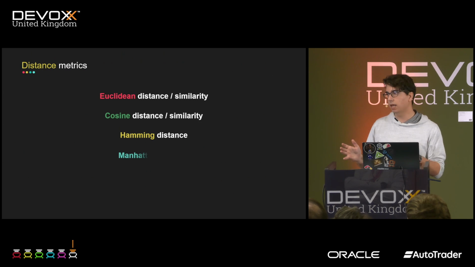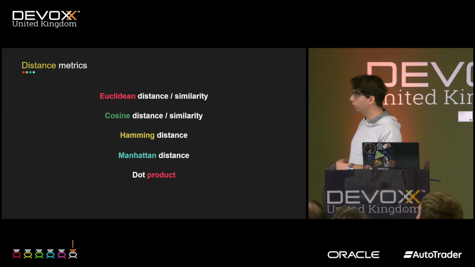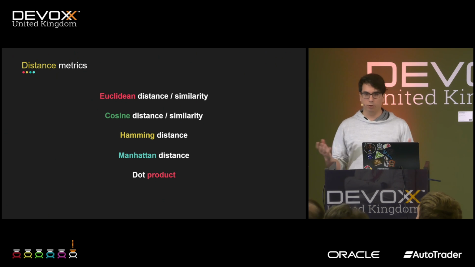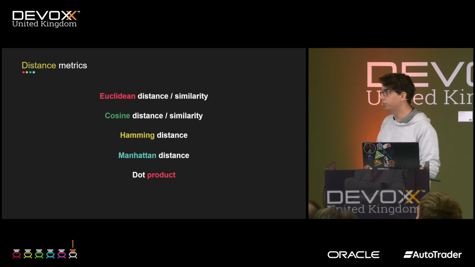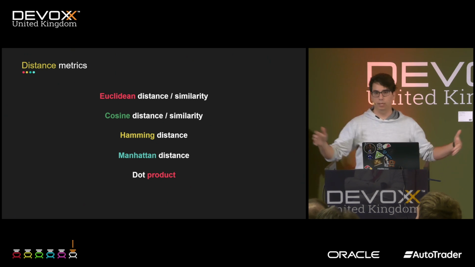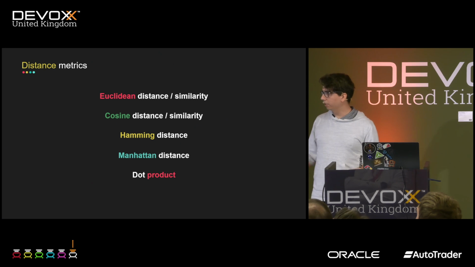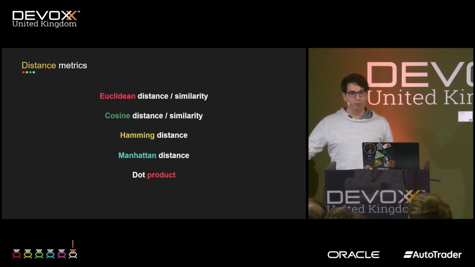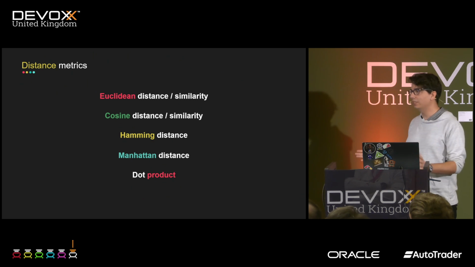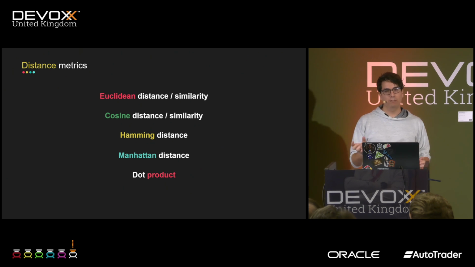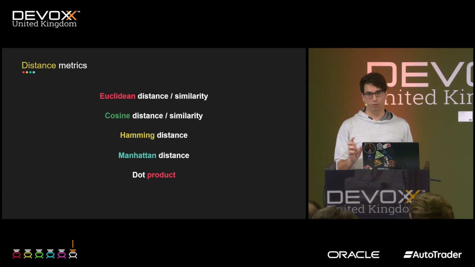And that indexing happens through the use of so-called distance metrics. So when you put a vector in a database, it's going to calculate the distance to the zero point, for example, of the database or to other objects in the database. And that can be done through Euclidean distance, that is just meters, like we know it, cosine distance, Manhattan distance, dot product. The mathematicians here would see this and be like, oh yeah, I know all this. Other people would see this and maybe think, I'm not sure what this is. It doesn't really matter unless you're really fine-tuning the search on your database.